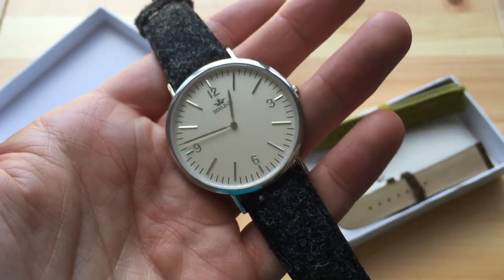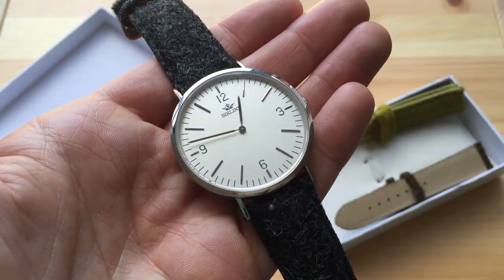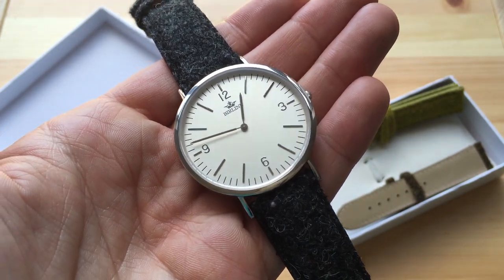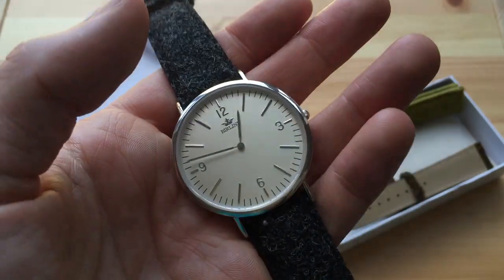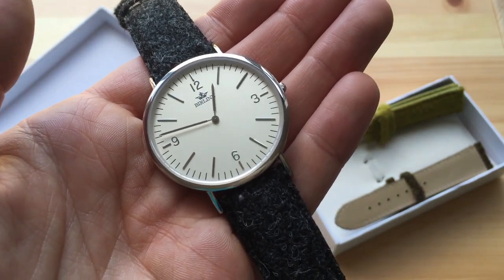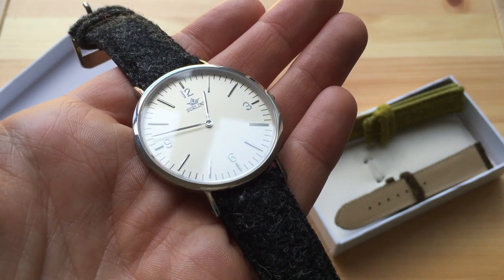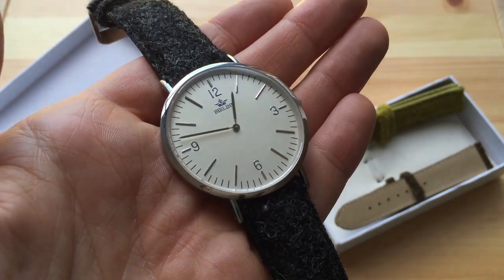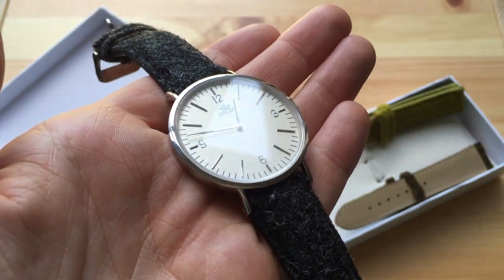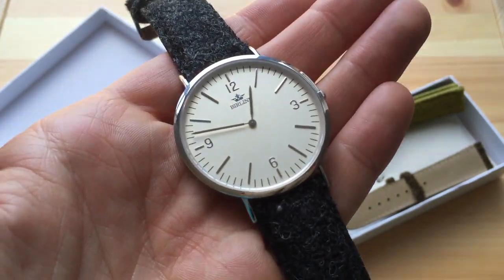So the dial itself is a very nice champagne-y, silvery, goldy colour, a very light champagne colour. It has a slight matte finish to it as well, so it creates a nice contrast with the reflective polished hour markers and hands, as you can see there. You can still read it nicely, which is good. So I do really like the colour, and I think it's a very